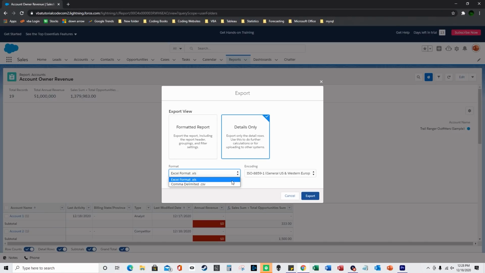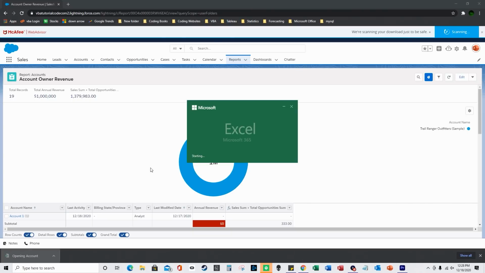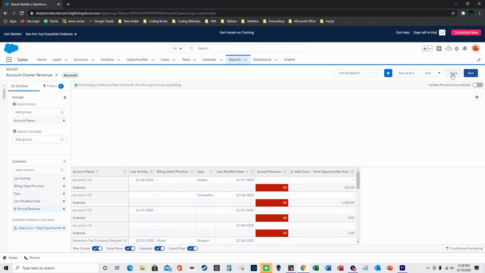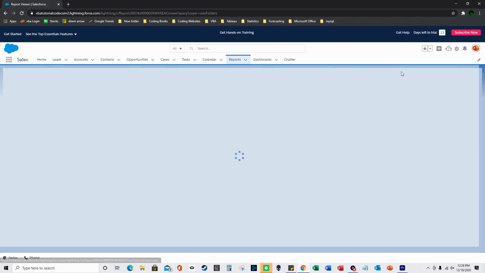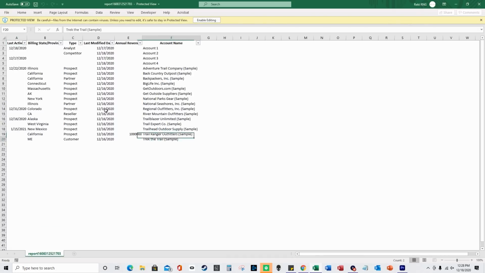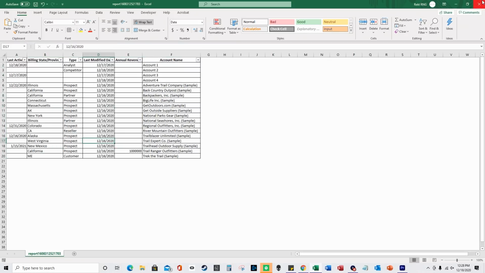The XLS can't have that many rows, and as the XLS file, I'll just show both of them. So this one has the fancy formatting, and then here's the XLS. So you just have to keep in mind how many rows you can do with each of them. And this one just has a standard table with no spacing. Then it has the annual revenue here, and